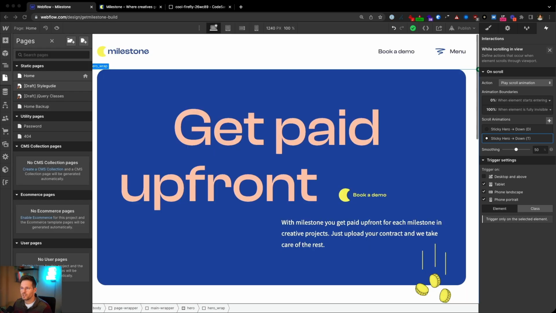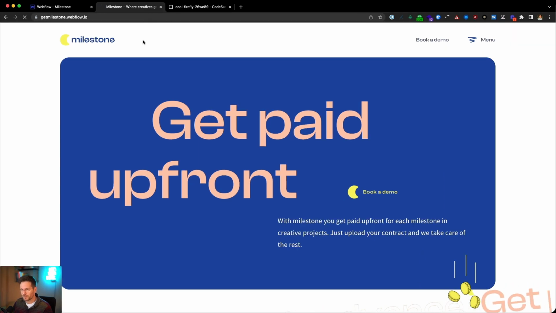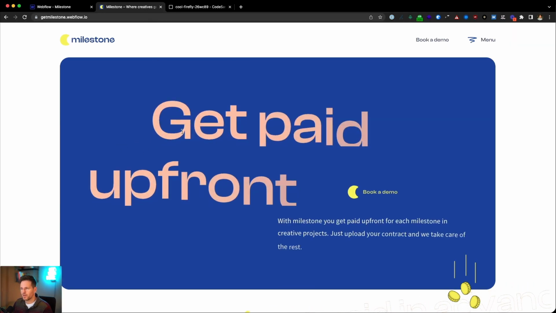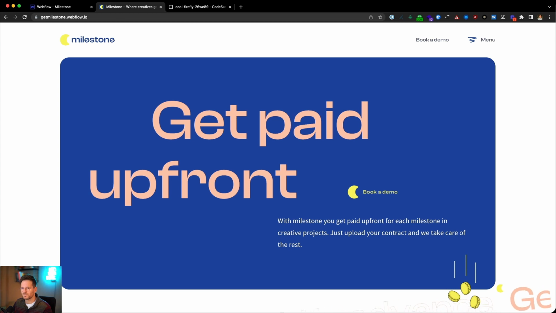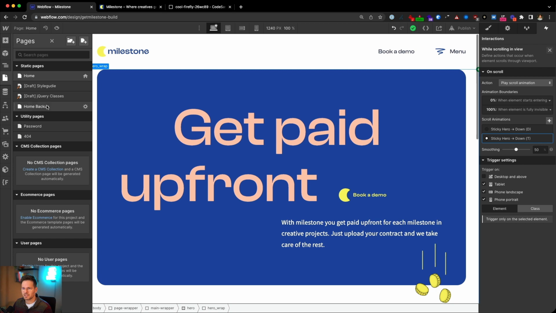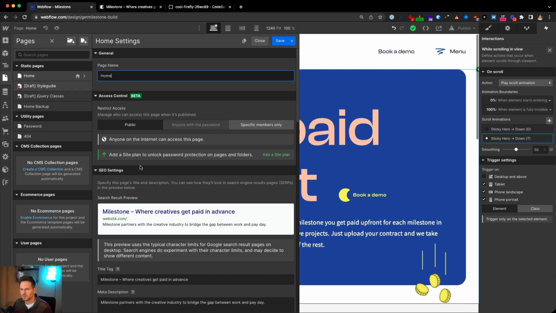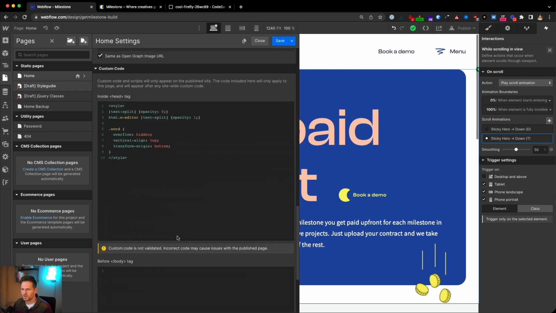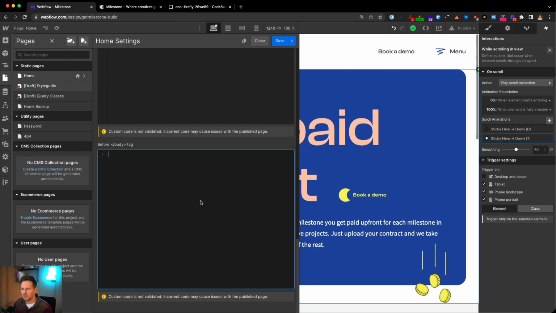So the last thing that we need for the hero is a page load animation. As you can see on the final result, we have here a text animation going on. And for this, I've prepared a code sandbox. And actually the animation is based on GreenSock because we will be reusing it on the page. I have a couple of scripts that I have to paste here.